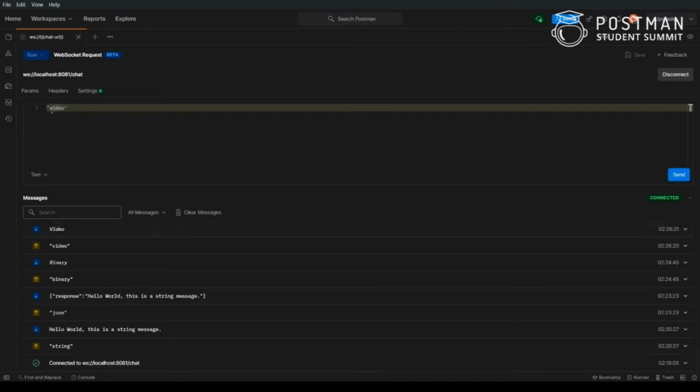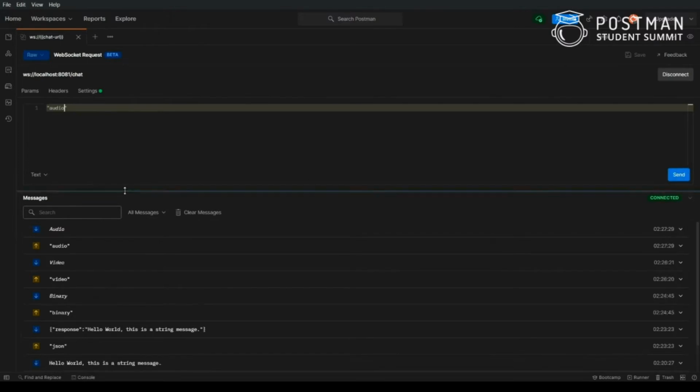Then let's say I want some audio data to be transmitted. I'll ask for audio and click on send. Again, it shows me that it is audio and I don't have to do anything for it. We just have to receive the data, and that too is received by Postman.